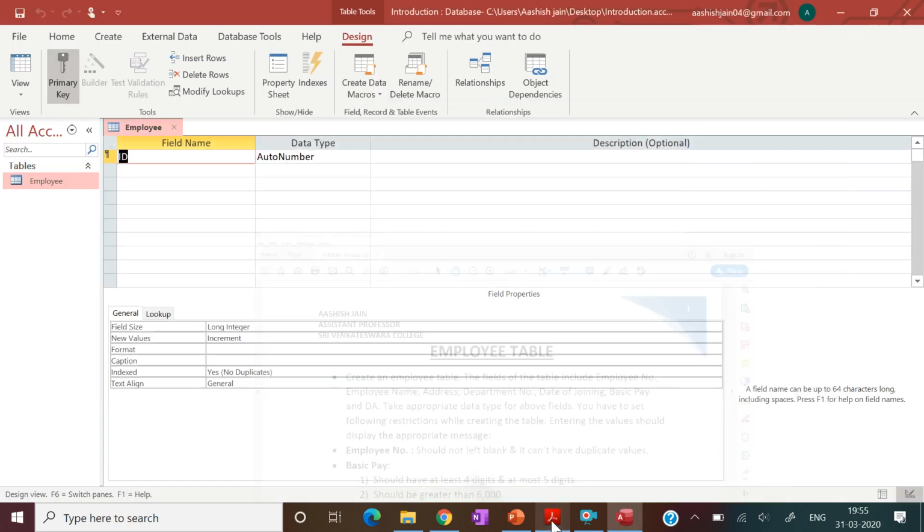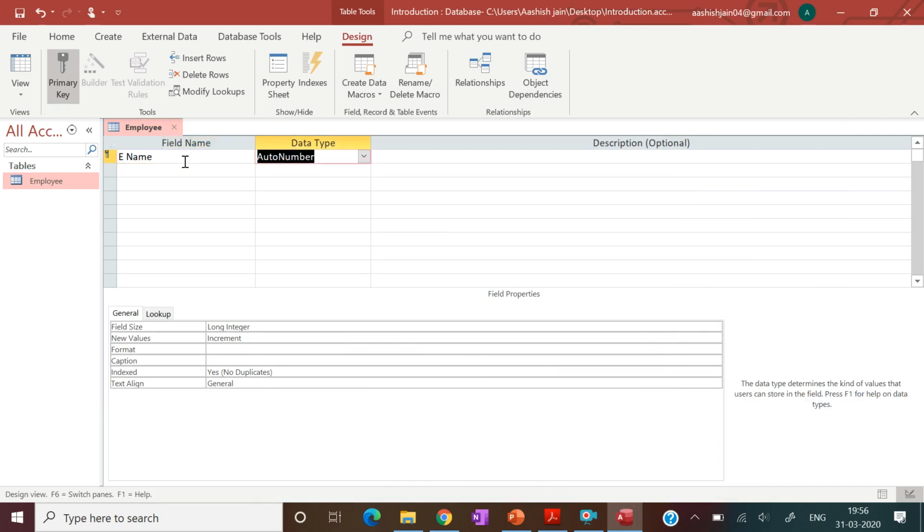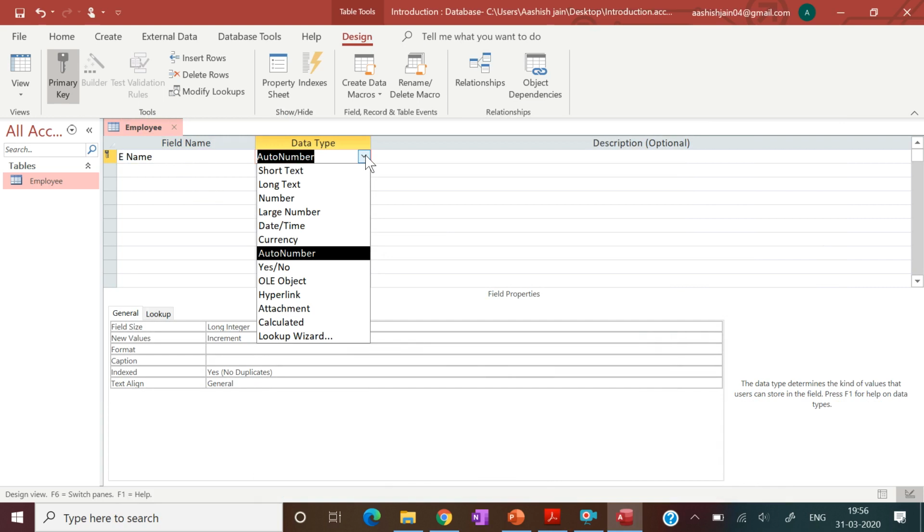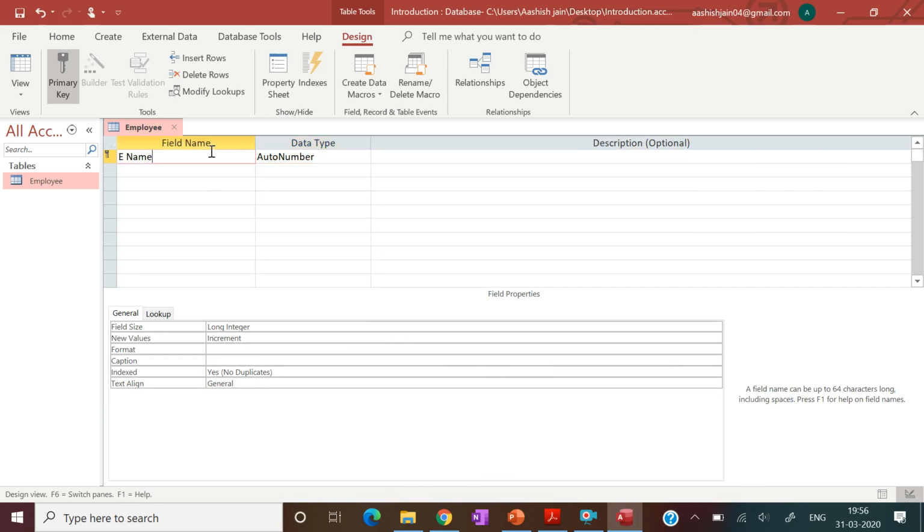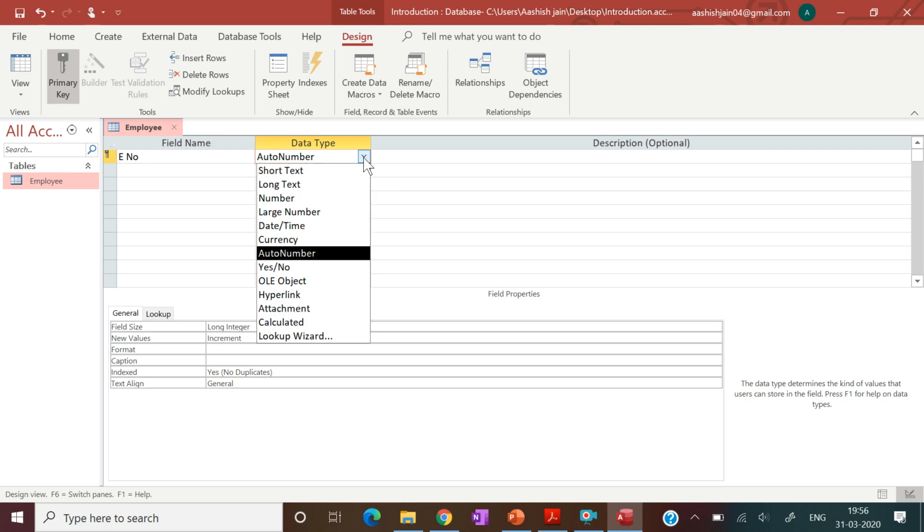Okay, so the first one is employee number, and then press enter. Okay, and for employee number, here you need to see, we can't use dot here. Okay, and data type should be in numbers.